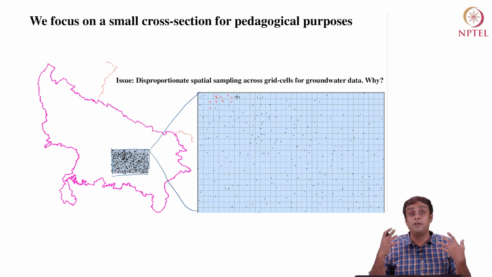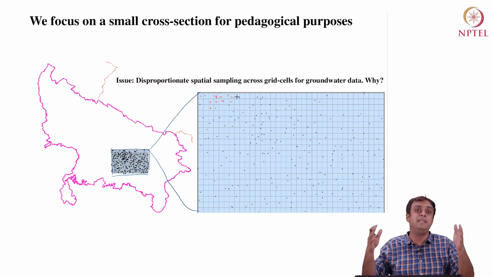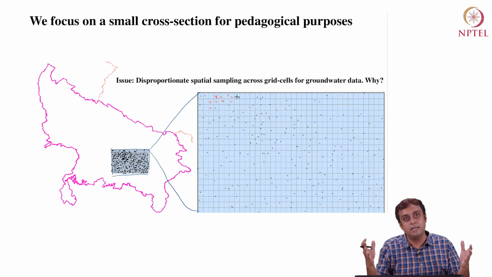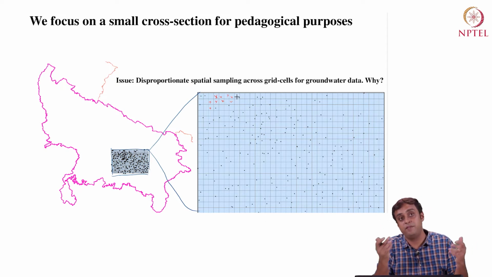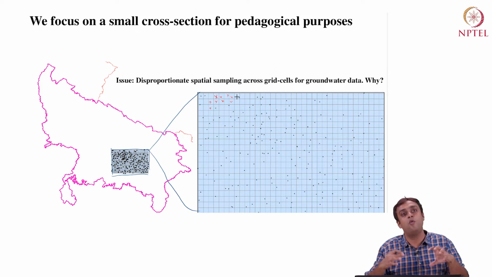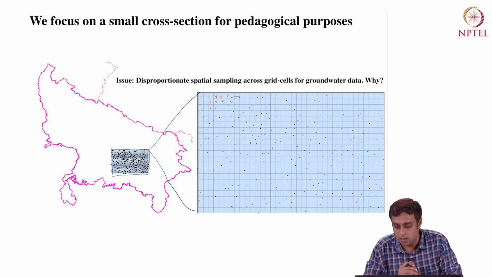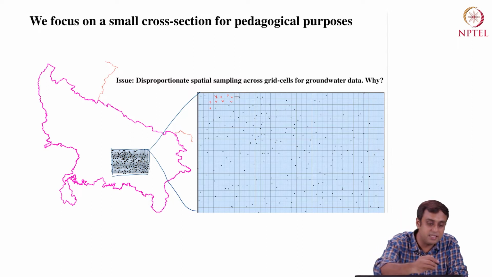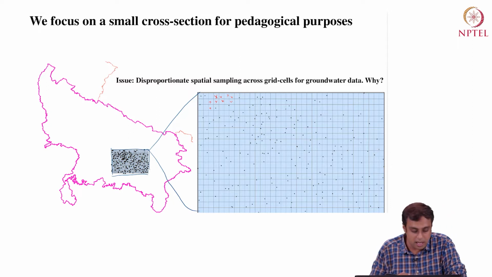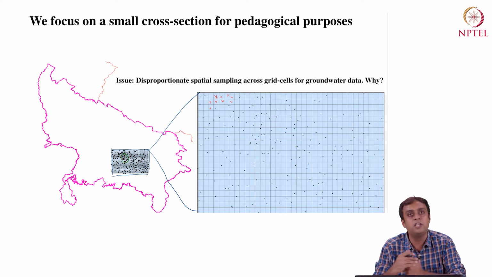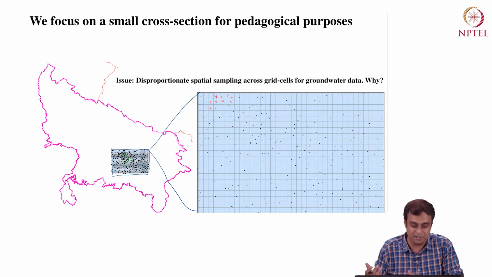If you saw, although most of the data were nicely organized in the row column grid network from the previous lecture, there were many of these grids that were empty, right? So even with this real world situation, we can move forward with Cressy's methodology, right? But another thing that we see here, which is much more critical, is that some regions in this cross section seem to be much more highly sampled than others, right?